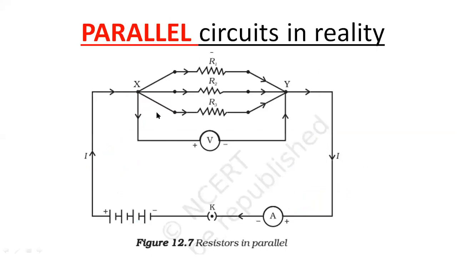So how does this circuit actually look in the diagram? It is something like this. Battery is available. Then you can see there are three resistances here, R1, R2 and R3. Now let us see if they are combined to a single point. So yes, if they have taken the initial starting points and combined to point X, and the later points are combined to point Y. So what they have done is they have connected all the starting points to one and ending points to one. Definitely this circuit is nothing but a parallel circuit.